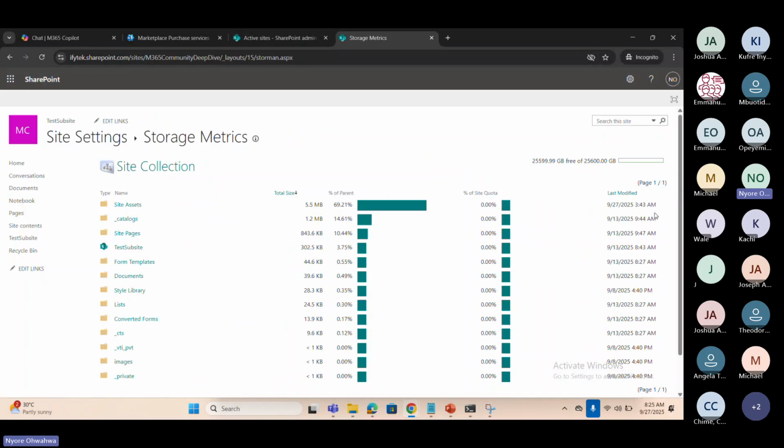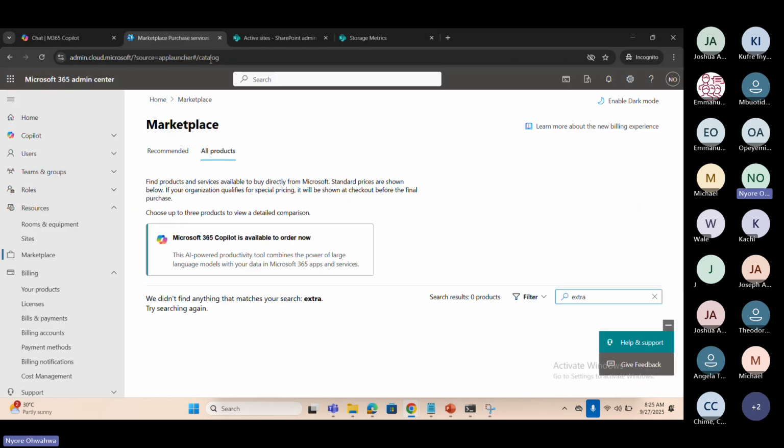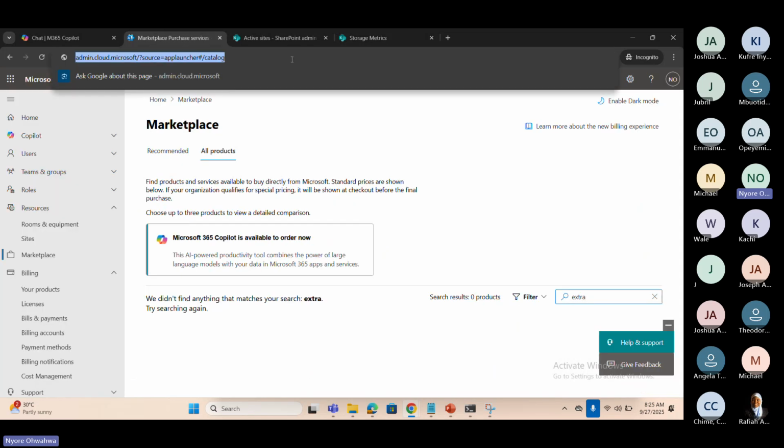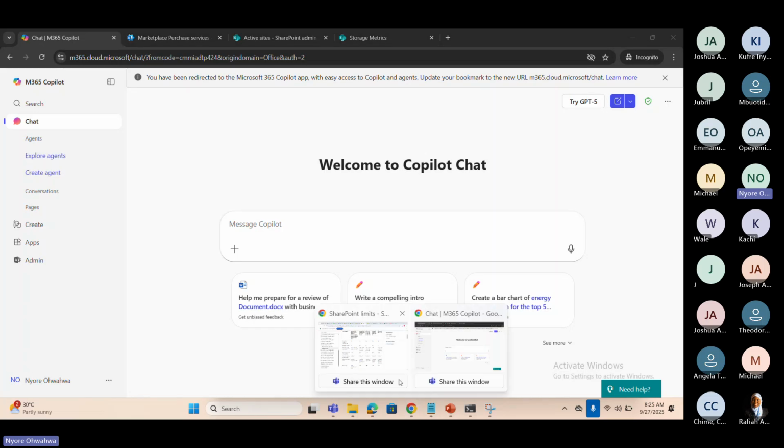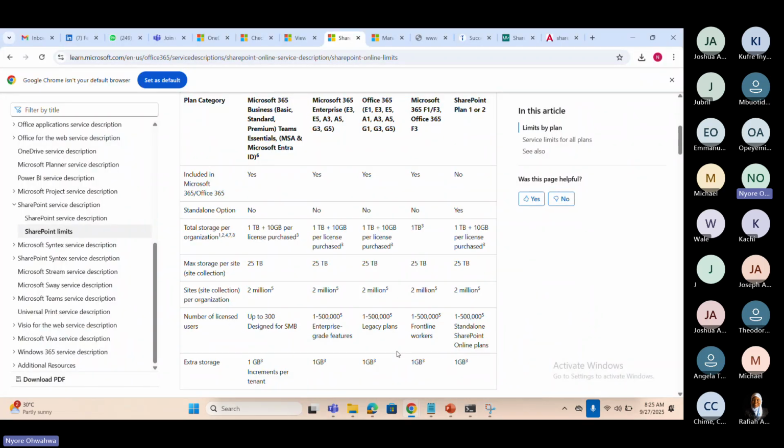I have space here. You need to move the space that I have here into the admin center. But that's not how it works. That only means that you can only use 25 terabytes in a site if you have up to 25 terabytes